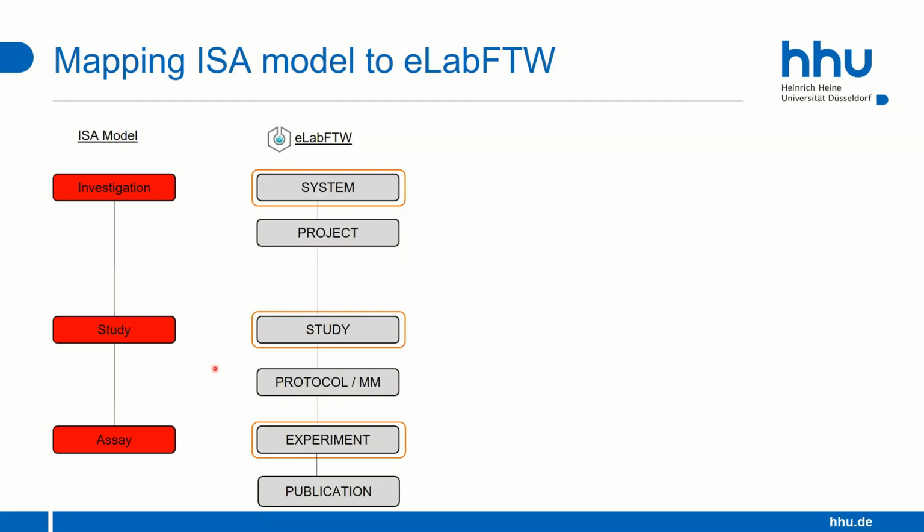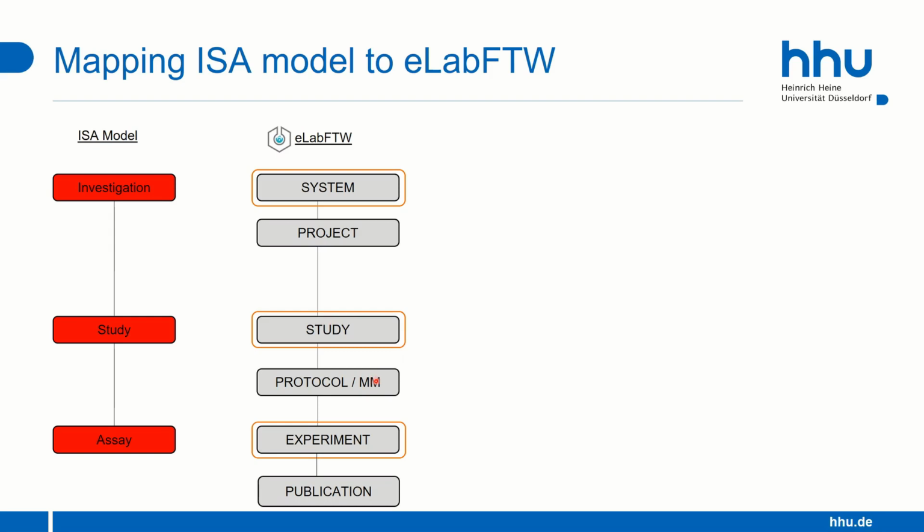We figured, however, that it would also be valuable to have yet another item, which is a project. A project could mimic, for example, third-party funding projects, grant monies, and it reflects that a system that you are working on, you can also think of in terms of a scientific question or hypothesis, which often finds its way into multiple projects. Then, usually, to a project, a certain study is associated, one or more. Studies would then be tasks or goals.